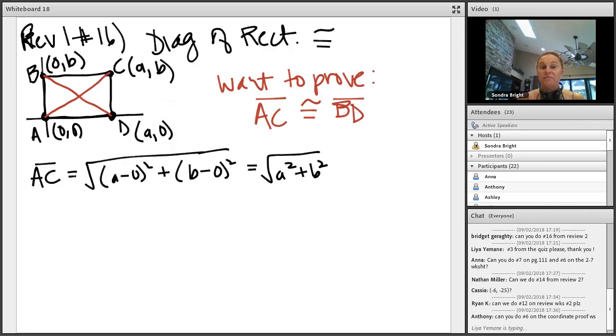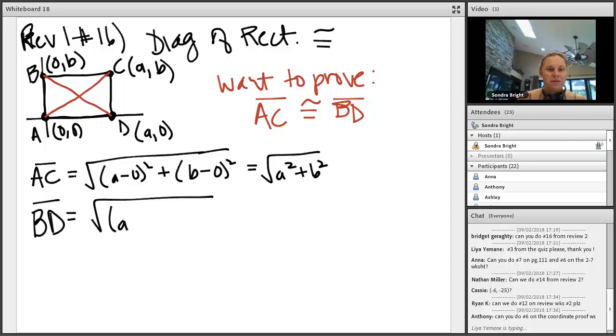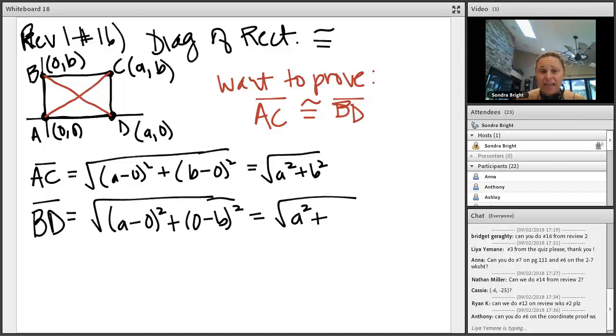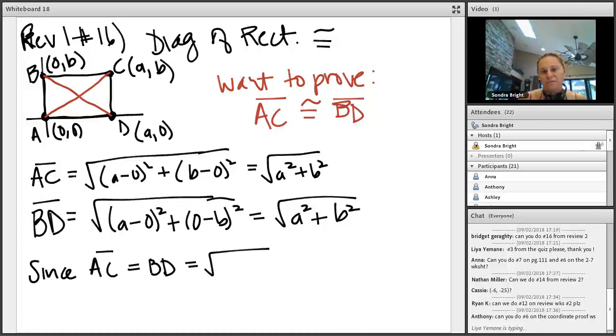Okay, so let me go back to it. All right, here we go. Okay, so AC is the square root of a squared plus b squared. We are now going to find the length of BD, which is the square root of a minus 0 squared plus 0 minus b squared, which is the square root of a squared plus negative b quantity squared, which is a positive b squared. And so you get the same values. Don't simplify. And then you say since AC was congruent to BD, which was square root of a squared plus b squared,